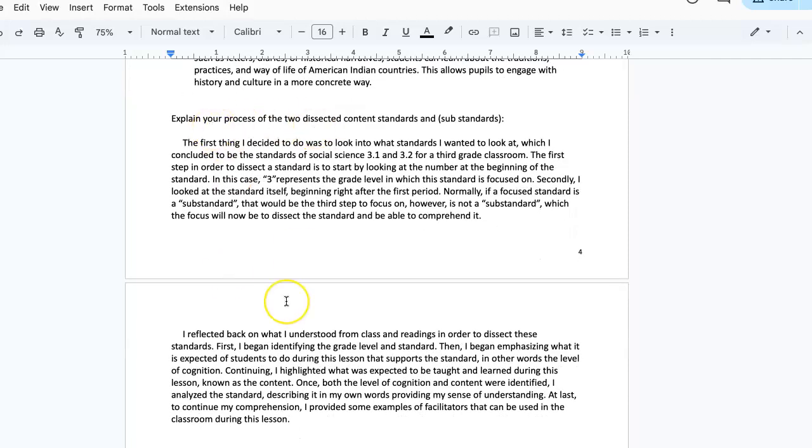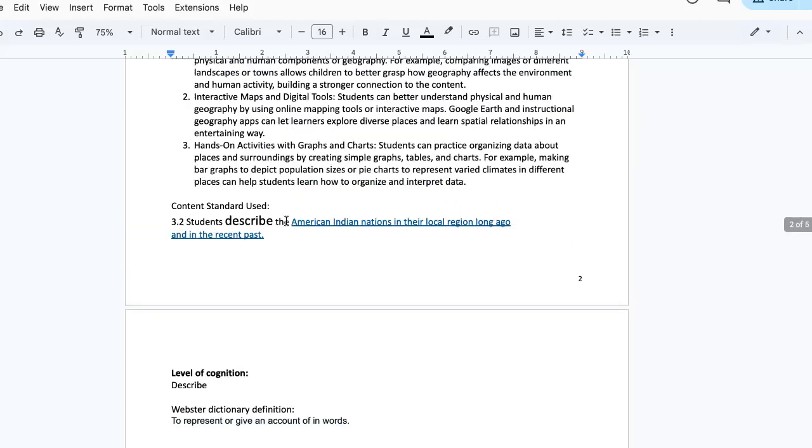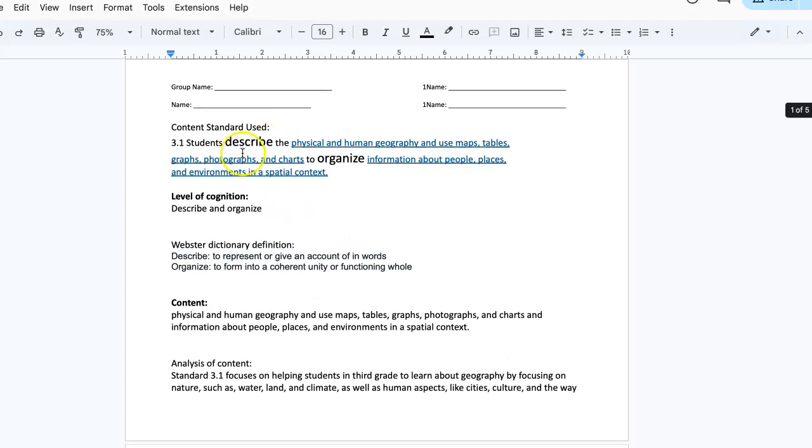This is simply the explanation of the process of the 2 dissected content standards that I mentioned. However, there were some substandards, but I didn't work with any substandards, so I didn't put those down at all. Now, one question that was mentioned for this UDL specifically was, why is it critical for us to know